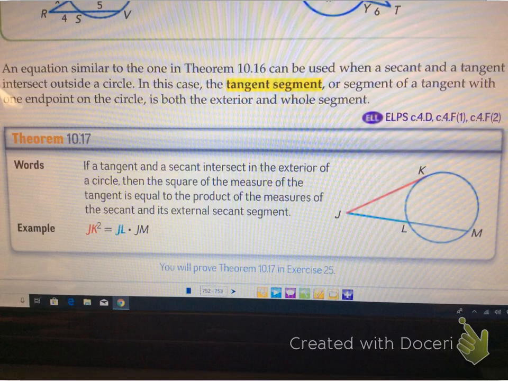Alright, my last thing I want to go over is a tangent segment. What happens if one of the segments is tangent? You can't divide it up into two sections, so what do you do? You square the tangent, and then multiply it times the length of the other segment and the short one. For example,